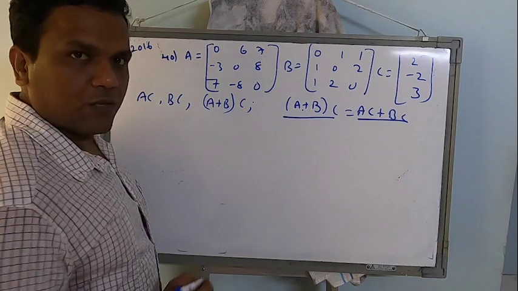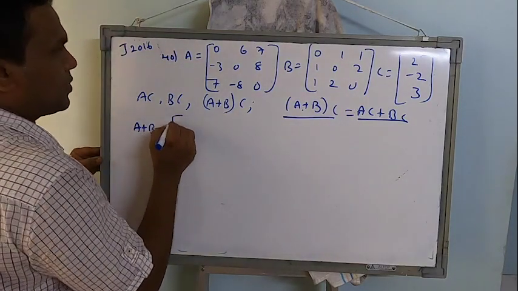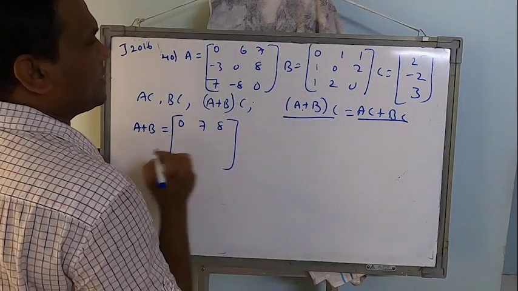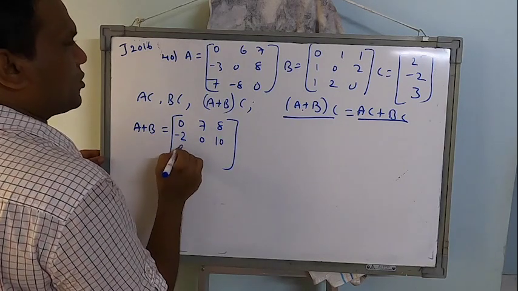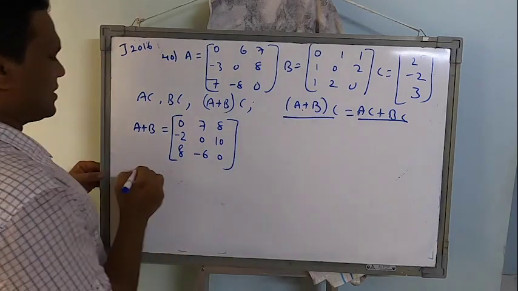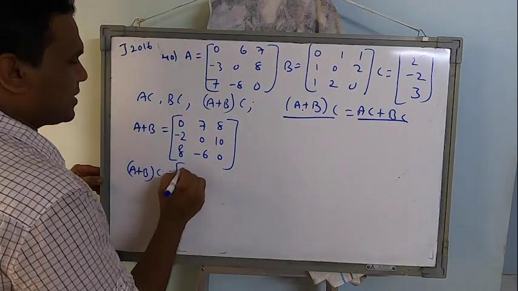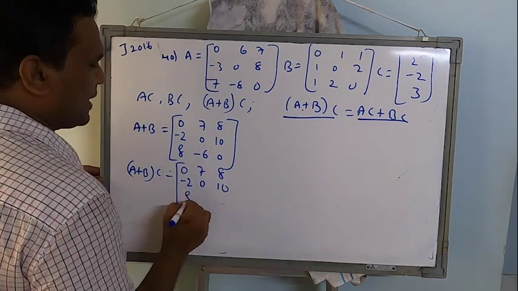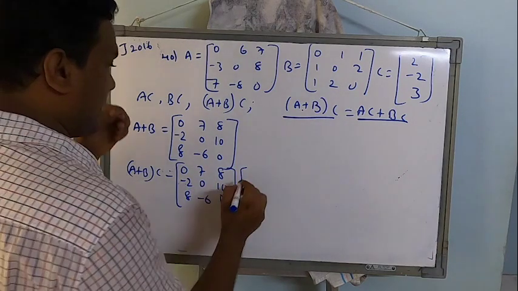To start with LHS, first A plus B is required. What is A plus B? Addition of these two. So 0, 7, 8. The next -2, 0, 10. It's going to be 8, -6, 0. This should be multiplied with C. So (A plus B) multiplied with C: [0, 7, 8; -2, 0, 10; 8, -6, 0] multiplied with C. What is C? It is given as